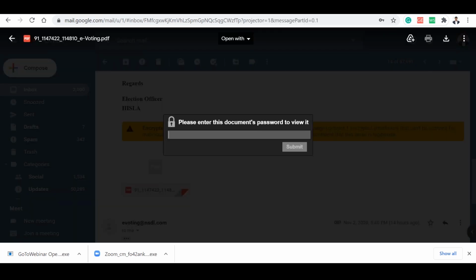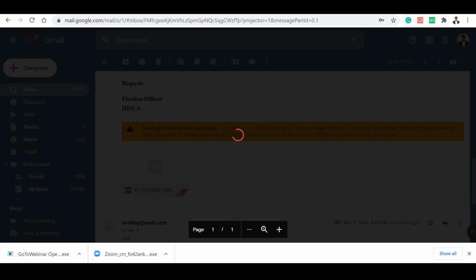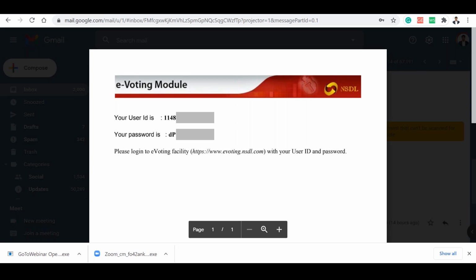So we are opening it and I am putting my password. So I put my user ID and password and now the screen is open.